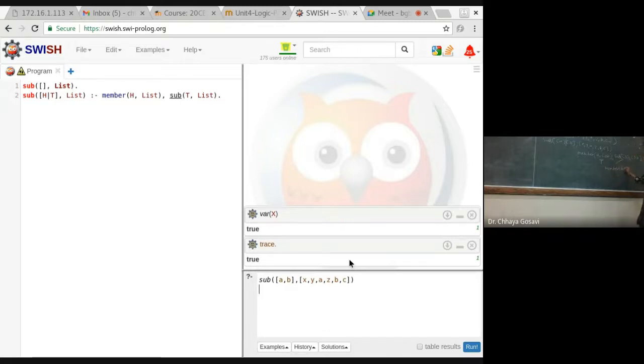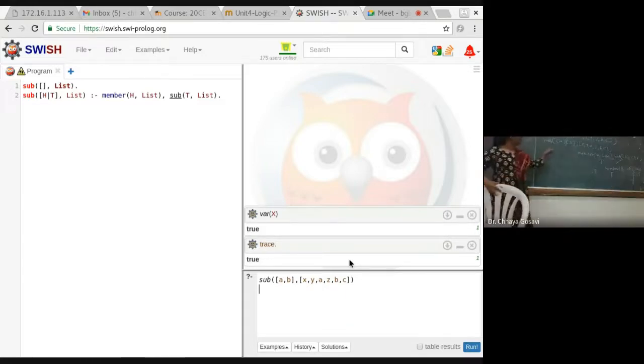Whether B is a member of this list, it will return true. And we have to check sub of blank. So here head is B and tail is blank. So blank is in the list. So yes, it is true. Blank list it will return true. So this is true, this is true, this is true. So your answer will be true. So what is this function doing?